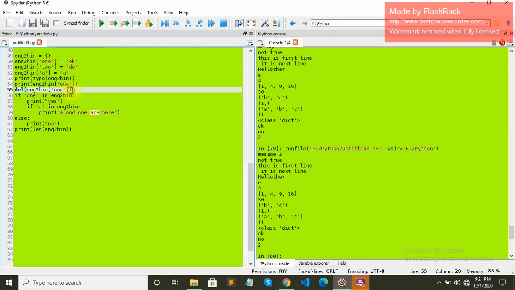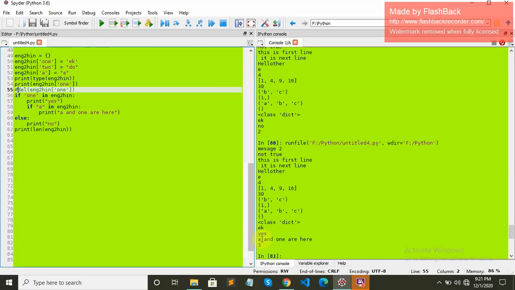Oh, I have deleted 1, so it is not getting printed. Let me comment this statement out. In Python, we have to comment these statements like this. So you can see now A and 1 are getting printed, because 1 is in the dictionary and A is also in the dictionary. So that's how nested if statements work.